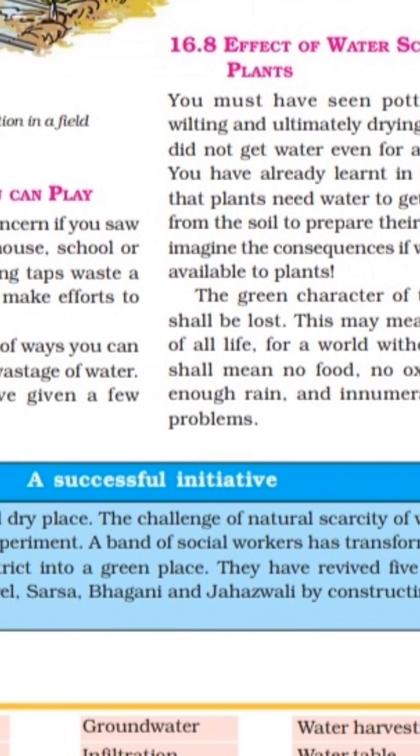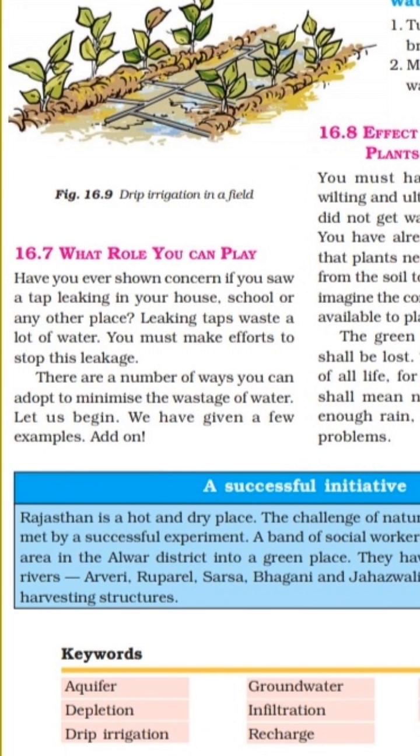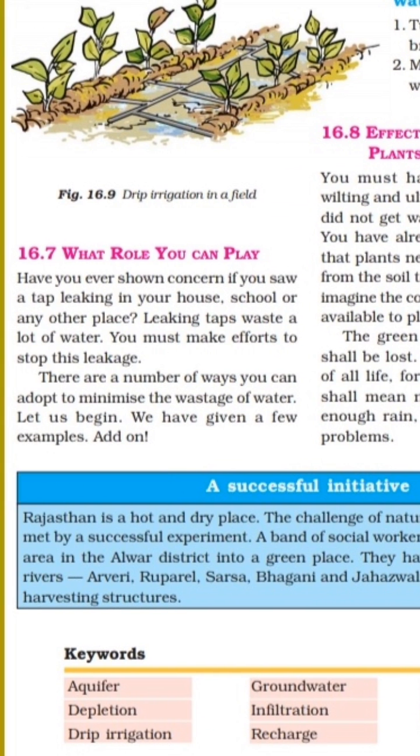And the last point mentioned here is a successful initiative. Rajasthan is a hot and dry place. We are aware of that. The challenge of natural scarcity of water was met by a successful experiment. A band of social workers has transformed a dry area in the Alwar district into a green place. Some social workers transformed a dry place in Alwar district into a green place, and they have revived